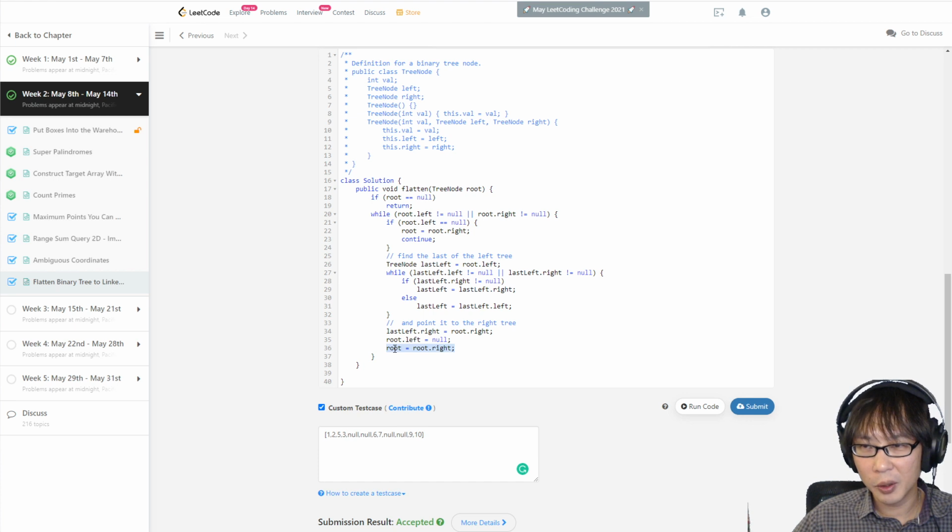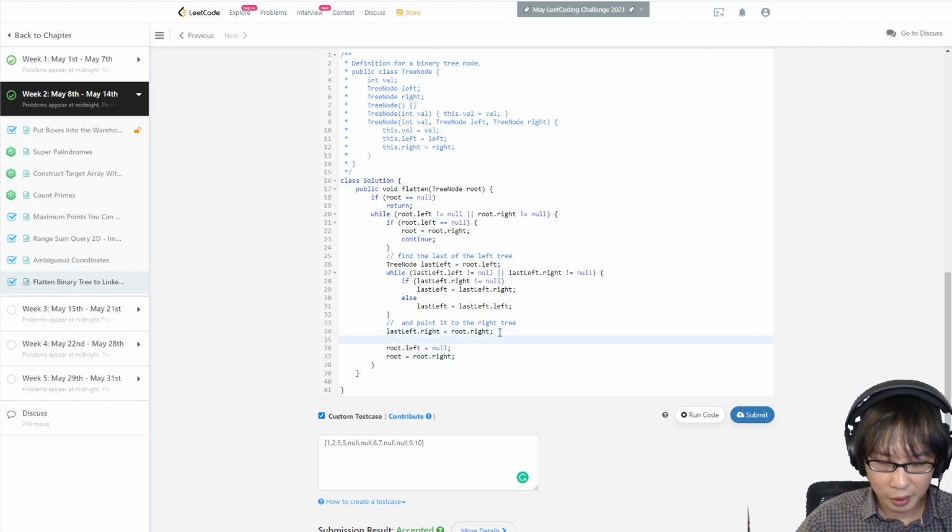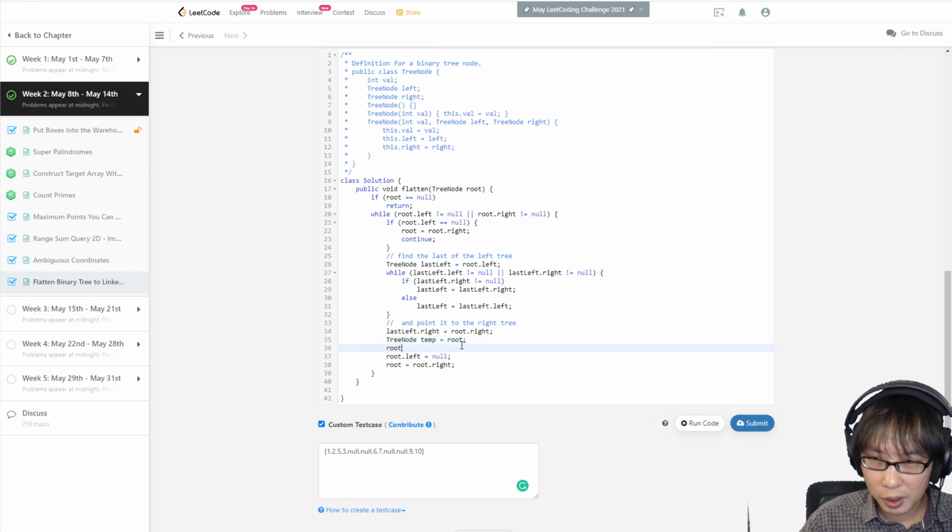Okay, I will have a temp. Do I need a temp? TreeNode temp equals root, right? And root equals root dot left, and